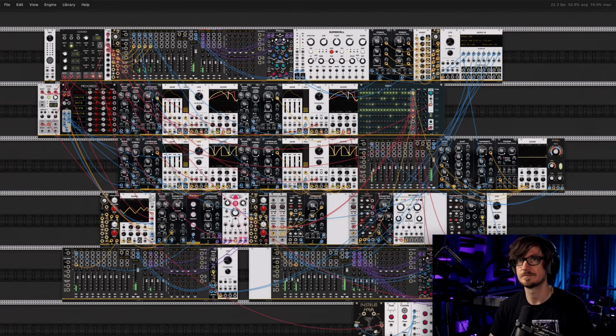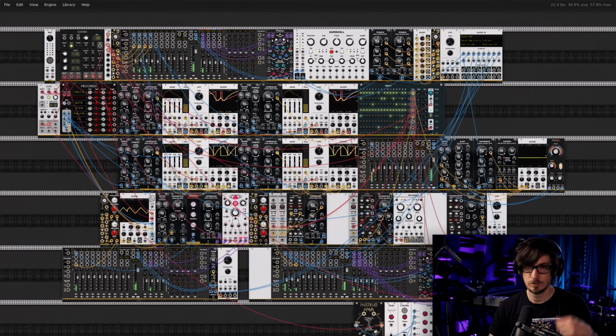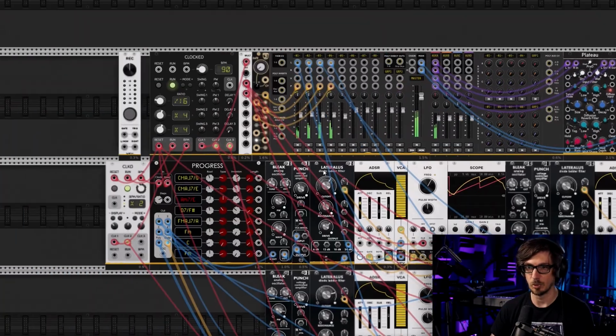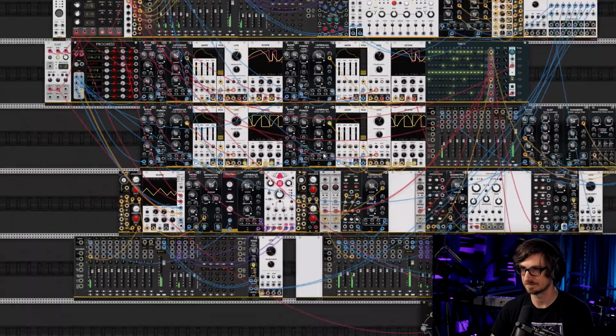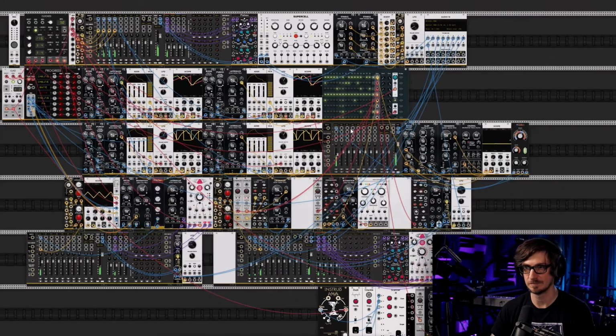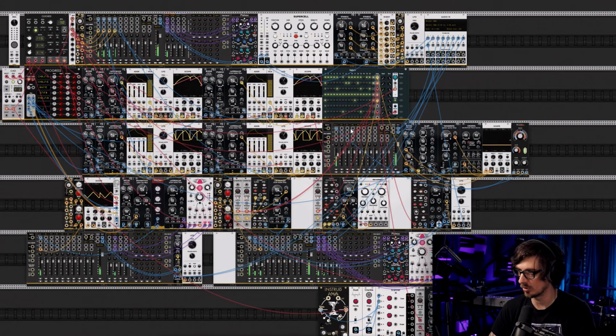That's a cool patch. Might be the best one I've come up with yet. There's a lot going on in it, and the cabling is before I learned about teleporting today, so it's messy as fuck. This patch looks ungodly messy. I guess it doesn't look too bad, but it's pretty messy. It's like pushing the limits of what a single CPU core can handle, which is kind of frustrating that VCV can't do multi-core, but